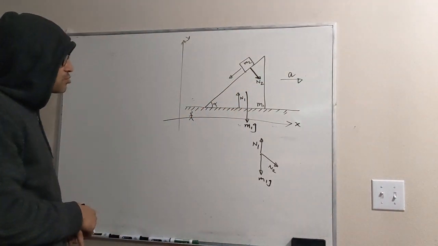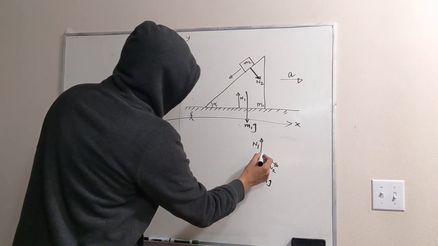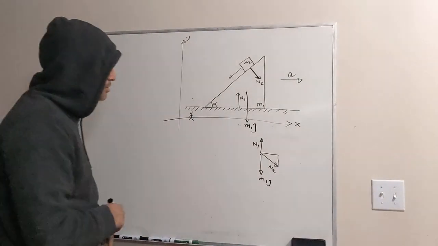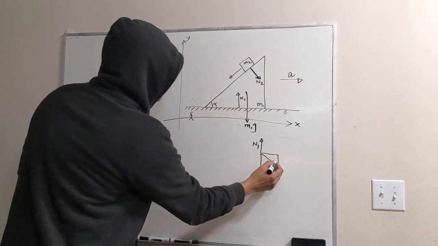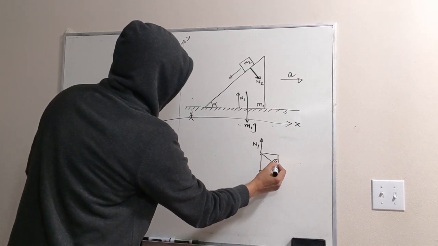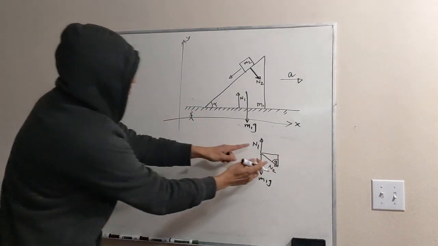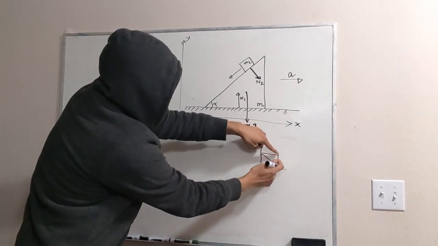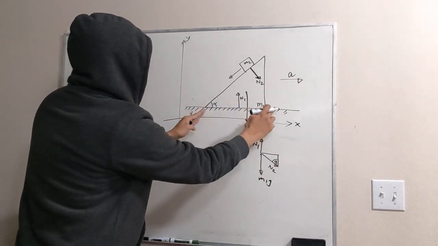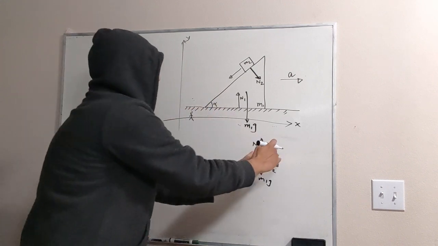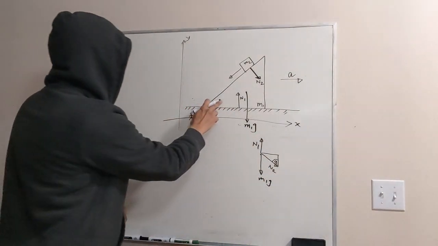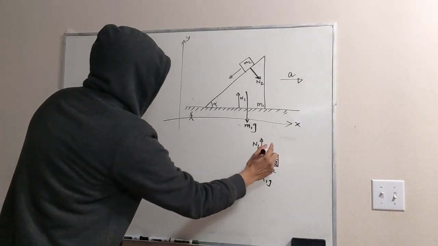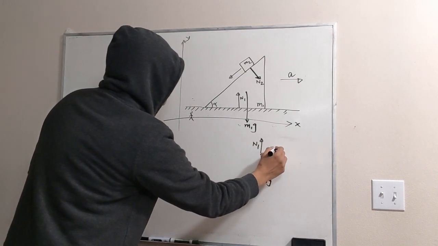Now in positive x direction, what is the force? So now let us do a little bit of component analysis. So now if you do a little bit of trigonometry, you will see if this angle is alpha, this angle has to be alpha. Why alpha? Because this n2 is basically this, which is perpendicular to this surface, right? And this one is basically perpendicular to this surface. So the angle between these two should be same as angle between their perpendiculars. So if this is alpha, this has to be alpha, right? Now, if this is n2 and this is alpha, what is the value of this one? n2 sine alpha.